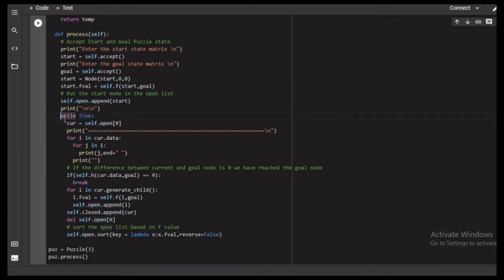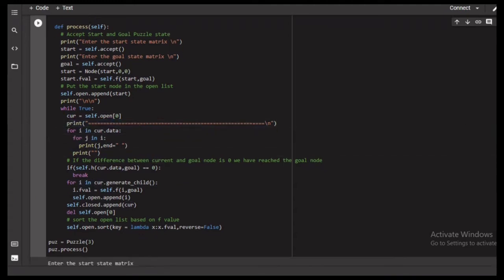So here we are storing the root which is present at the 0th index of open in current, and the print is just formatting, and we are just printing the current state. After printing this line, which represents the different levels for that particular state,